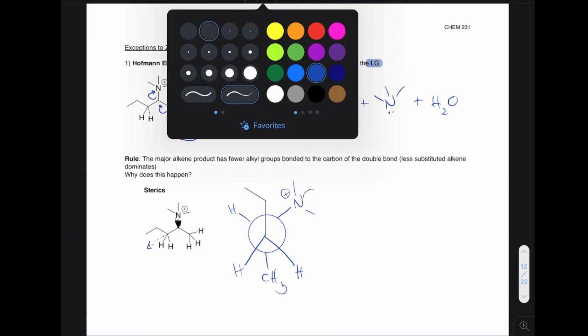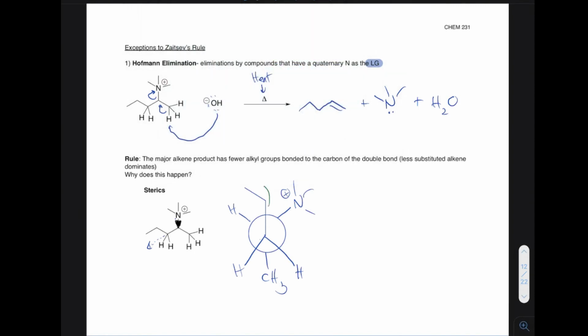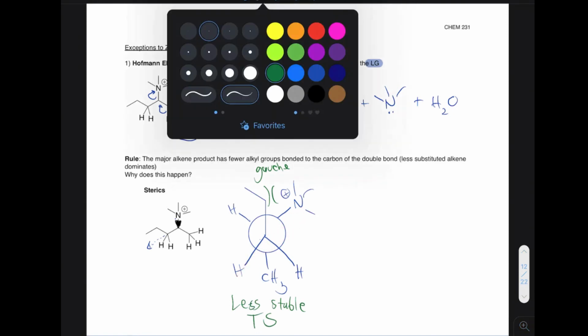However, we can see here that there is this gauche interaction between the 2 biggest groups in the Newman projection, this ethyl group and this quaternary nitrogen. This is a less stable transition state for that elimination to occur. However, if we were to look at the other side for the elimination reaction,